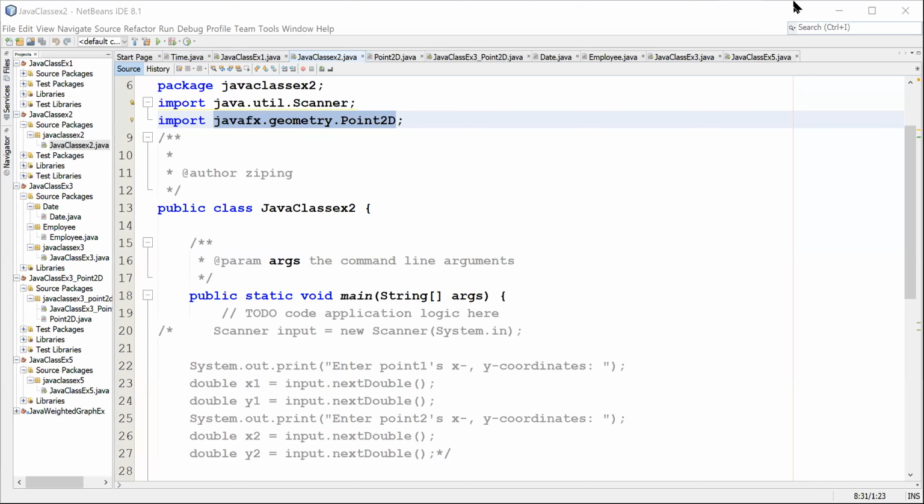at the second example. I will try to explain how to use some existing class, like one of the classes you already learned and use quite a lot, the String class, and the Scanner that we also learned. And today let's take a look at another class. This is in Java, JavaFX. Later on we will learn